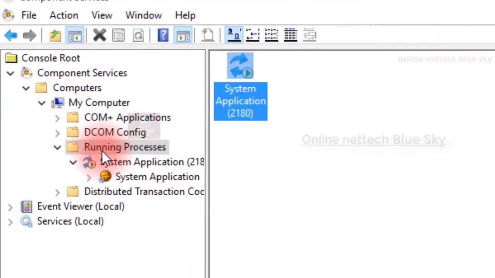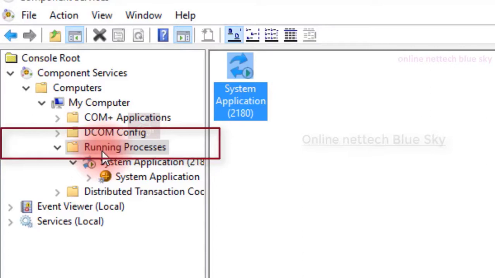Okay, and the running time processes are here. These are very important running processes, and also non-running processes. This COM application is important, DCOM config is important, system application is important, distributed transactions are important, everything.